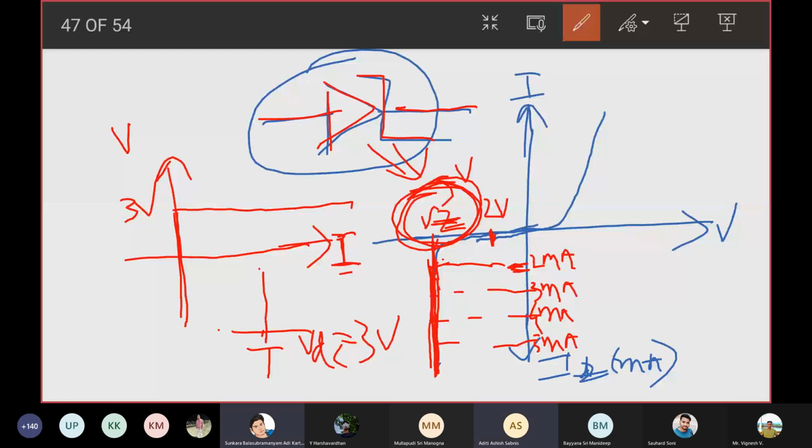Excuse me, sir. Yes. Sir, will we practically ever use these components after coming to the college to see how they work? See the thing is, what do you think? I mean, the current situation, when do you think the college would reopen? What is your assessment? I don't think so, at least in a year, no? Yes, sir. So you can't wait for 1 year to get hands on the Zener diode, right? Yes, sir. You'll be learning new things, right?